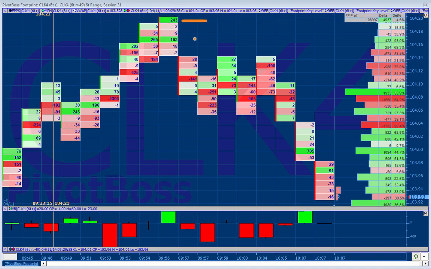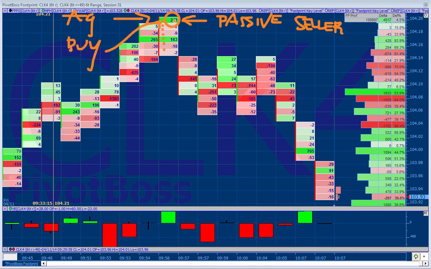What I mean by that is a buyer comes in, big buyer, and as soon as they buy 243 contract buy imbalance, price ticks lower instead. That means that there is a larger passive seller. Remember, there are passive buyers and there are passive sellers. So this is a passive seller that comes in, and that passive seller basically absorbs that demand. An aggressive buyer comes in. This is an aggressive buyer, okay? They come in at the market, 243 contract buy imbalance, and price goes down.